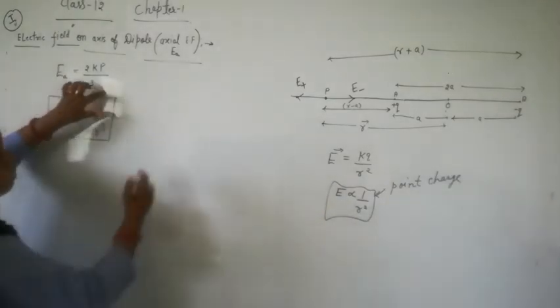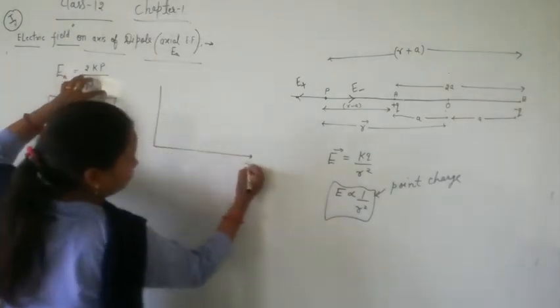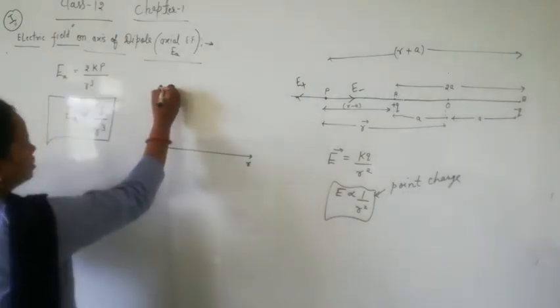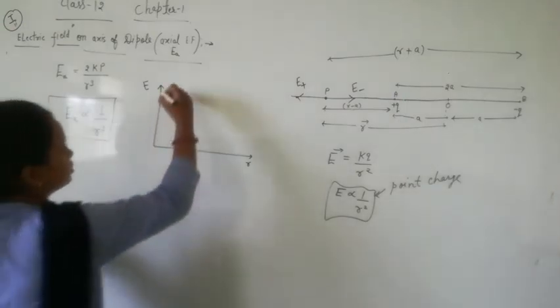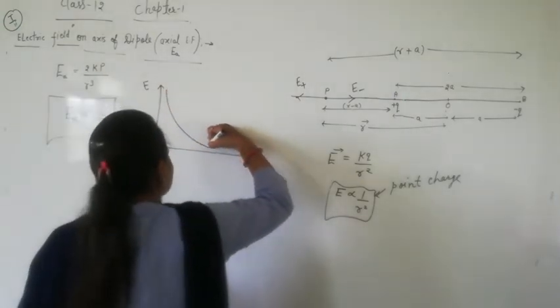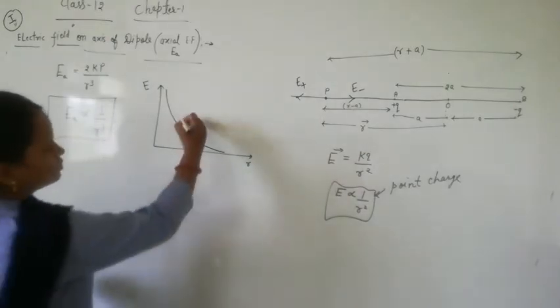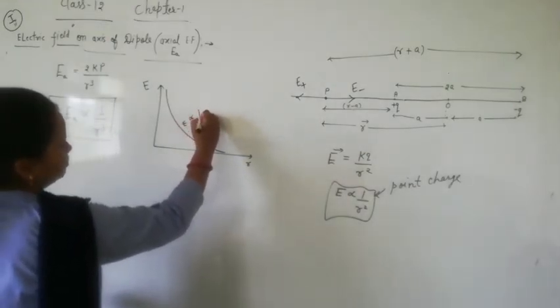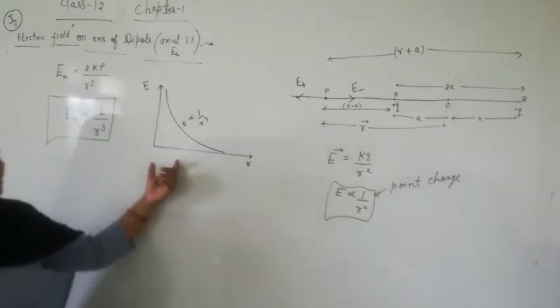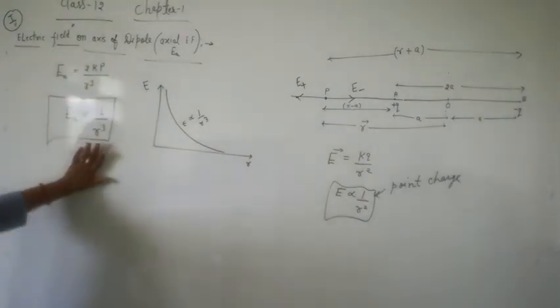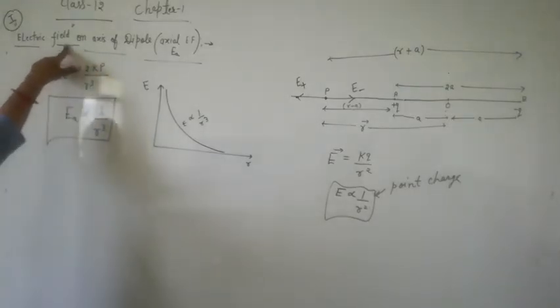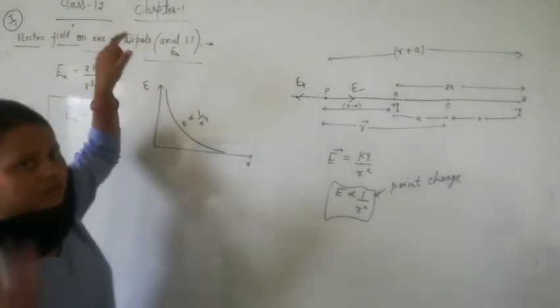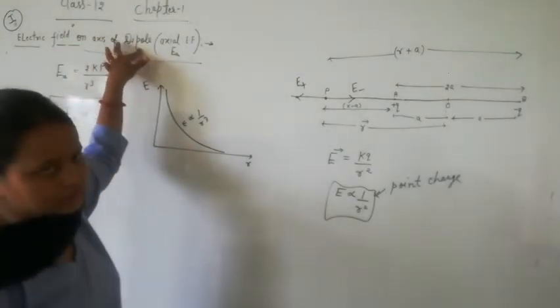And in the graphical arrangement, the electric field varies with position r inversely proportional. It is hyperbolic in nature. So a hyperbolic term is here. E is inversely proportional to r cube. This is the electric field due to a dipole moment. Okay, then our next target is the electric field calculation on the equatorial axis, not on the axial axis.